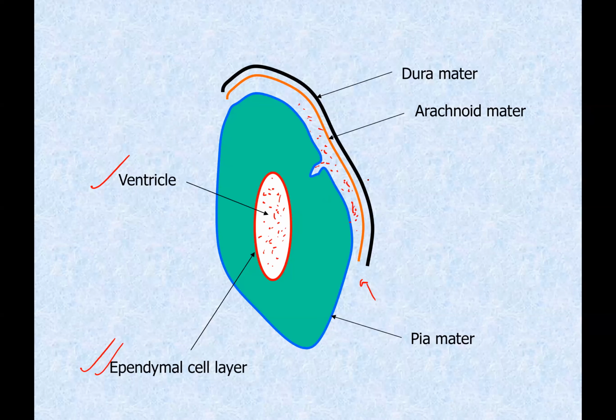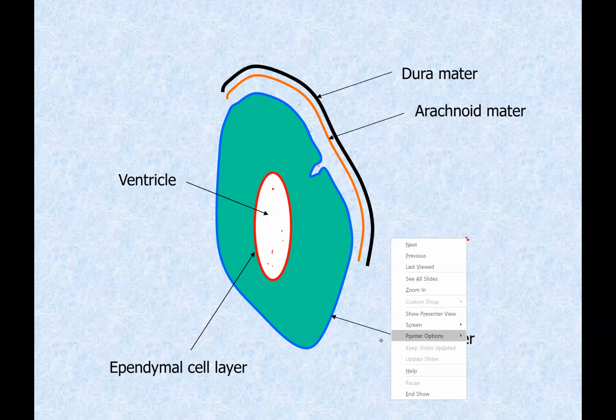Now I'll tell you a few more things here, even though it's not there in the slide. Since you have these three layers of meninges, dura mater, arachnoid mater, and pia mater, we can define certain spaces between these layers of meninges. Now, I will take a different color and draw the skull here. If the skull is like this,